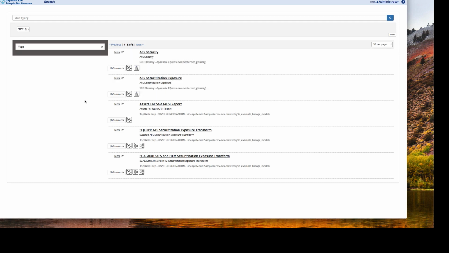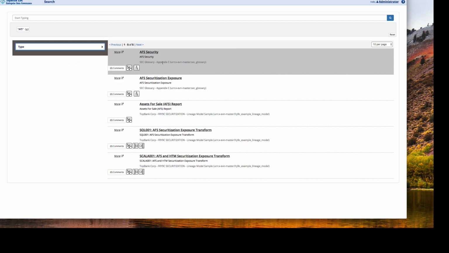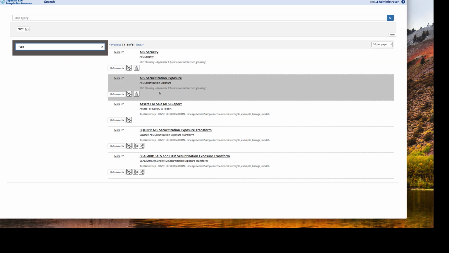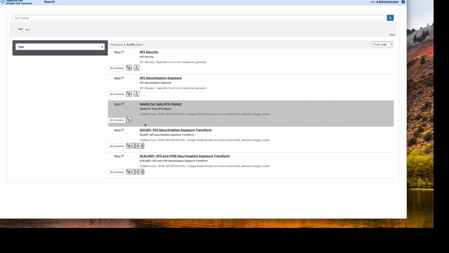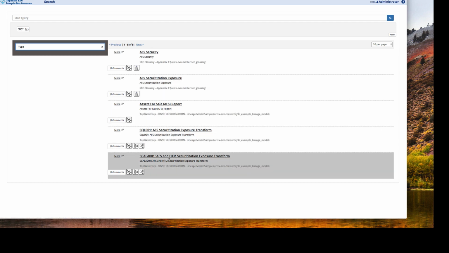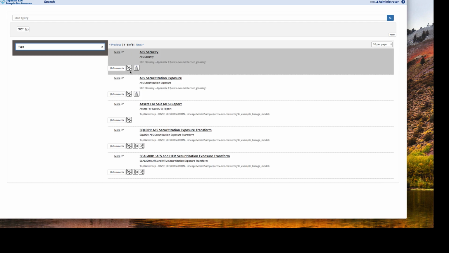And indeed, we arrive at a list of things of various types. We have business terms, we have reports, we have some software programs. Now, the thing to note about this is that we're not just looking at the glossary term, we're also looking at how it's picked up by various reports, by various transformations that are going on. In terms of illustrating the kinds of assets that are involved in any lineage of this kind,